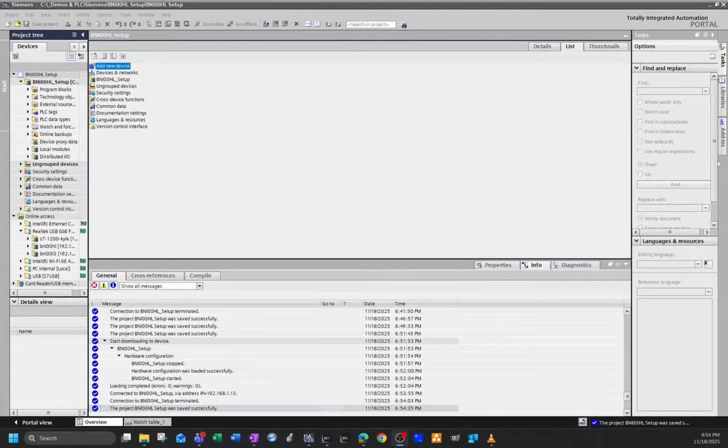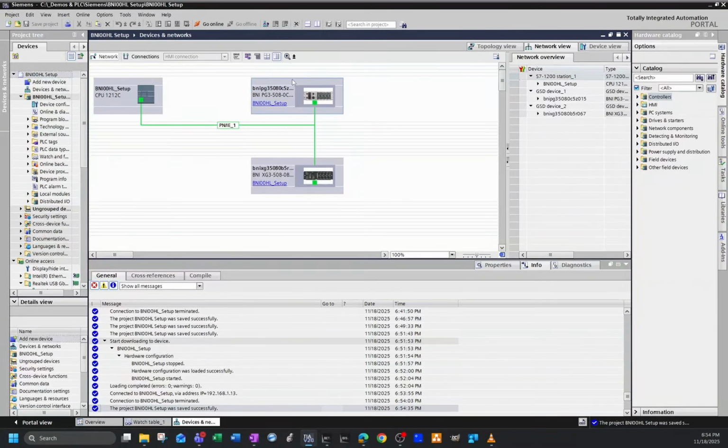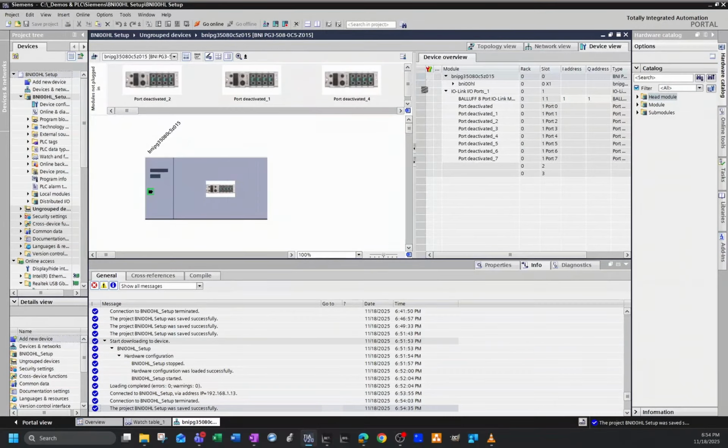Here is how we utilize discrete I/O on the newest generation of BNI00HL. Let's delete the standard deactivated port slots. We will delete the deactivated placeholder for ports 0 through 3